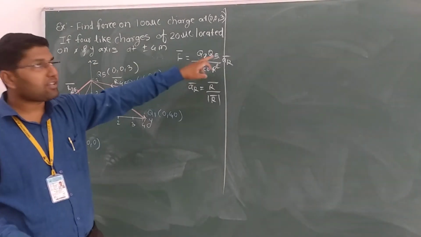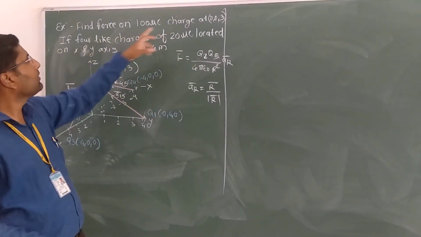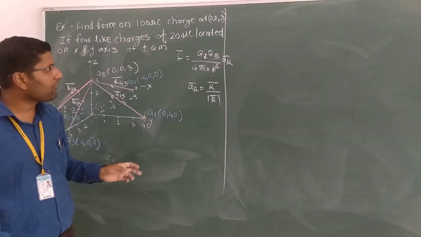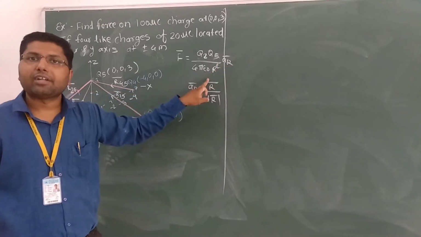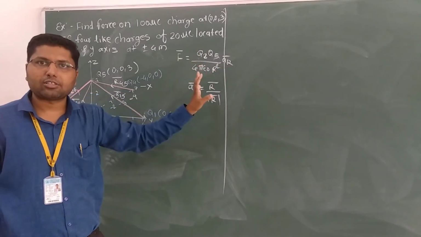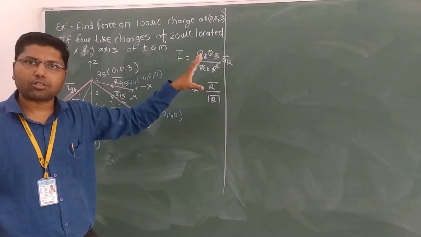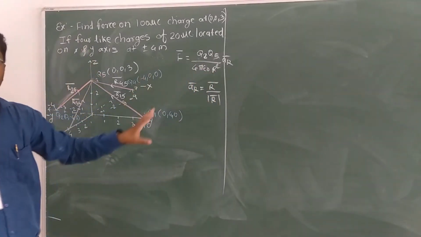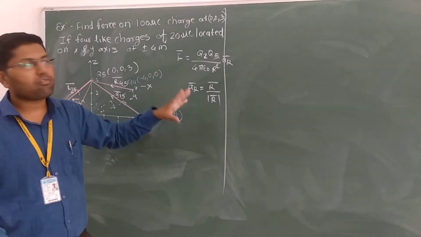We know the charges value, we know that 20 microcoulomb and what is another one? 100 microcoulomb. So we know the charges. What is required? We require this unit vector and the distance. We require unit vector and the distance value, and afterwards we will put simply values into the force equation and we will find out what is the force. Okay, so that is the simple method, and this question can be asked for 10 marks in the exam. So these questions are very important.